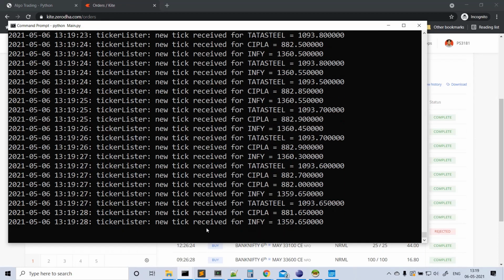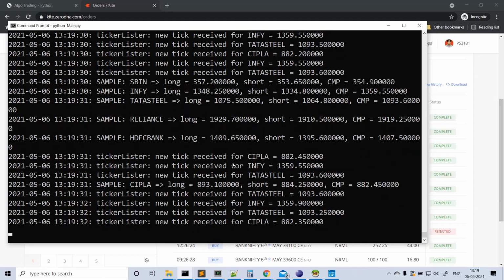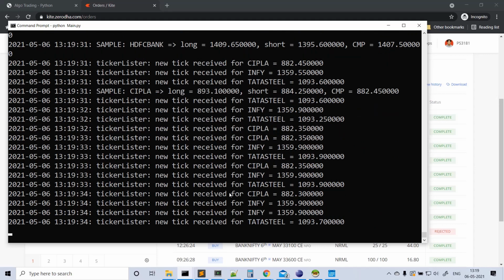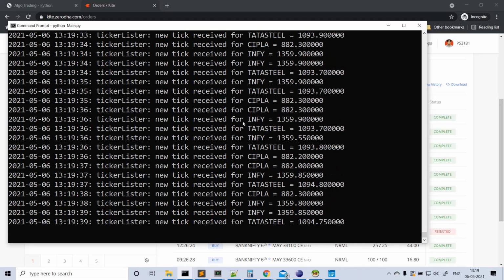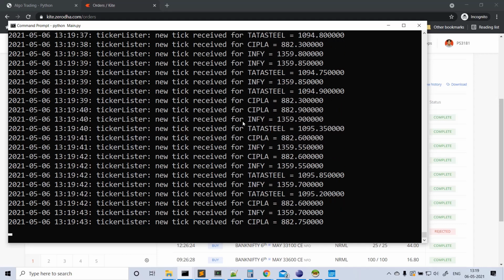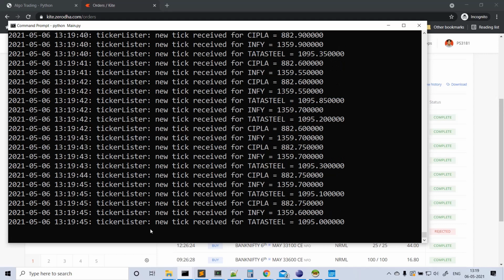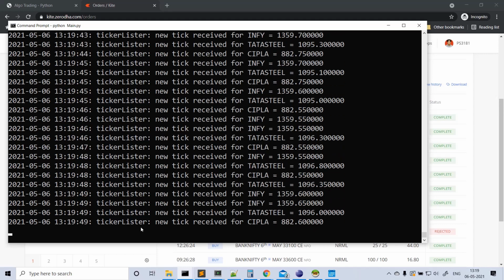I'm just printing the ticks received. You keep on receiving the ticks, and I'm just printing them. Every 30 seconds, the base strategy will call the process method of each strategy, so you can see some prints here after 30 seconds.